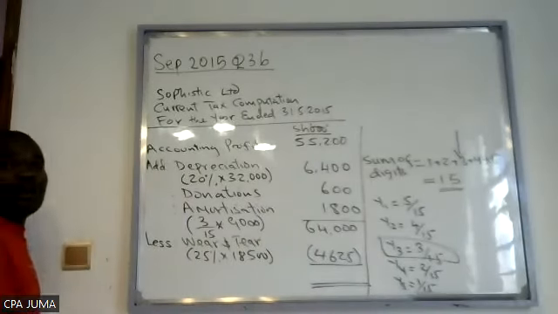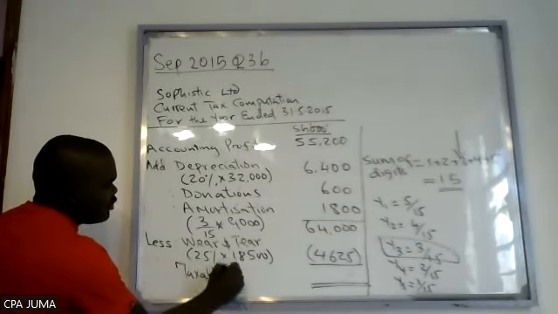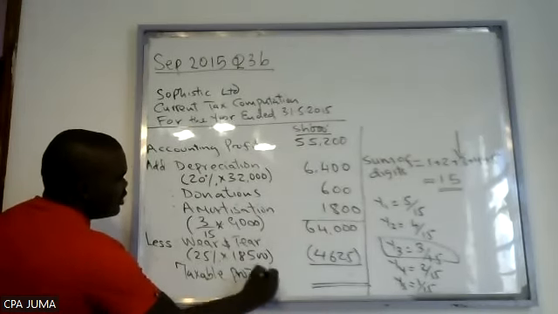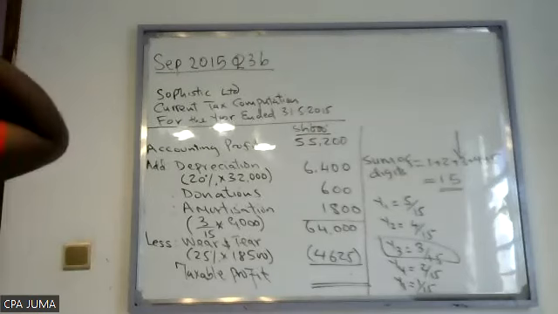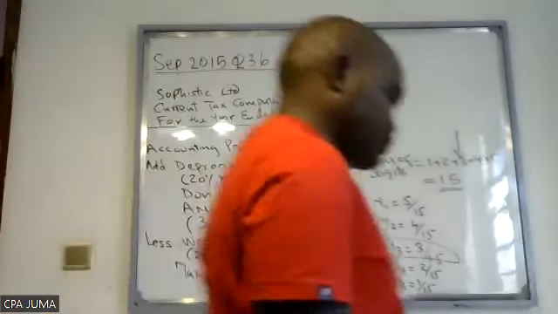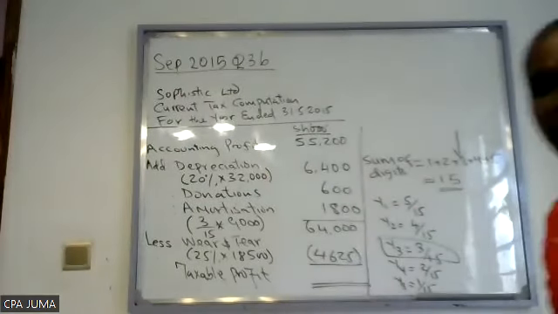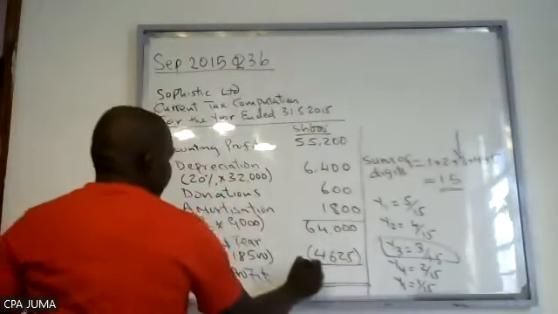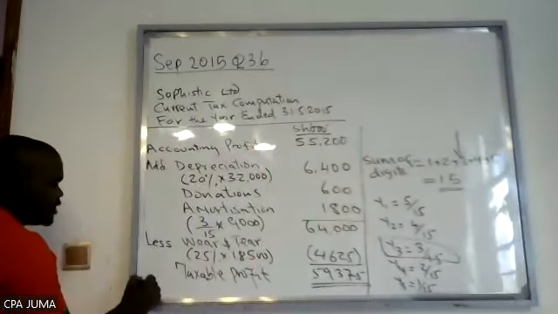So what you get here is the taxable profit. That is the taxable profit. So 64,000 minus 4,625, we are likely to get... You are getting, Joy, 59,375. 59,375. Therefore, current tax